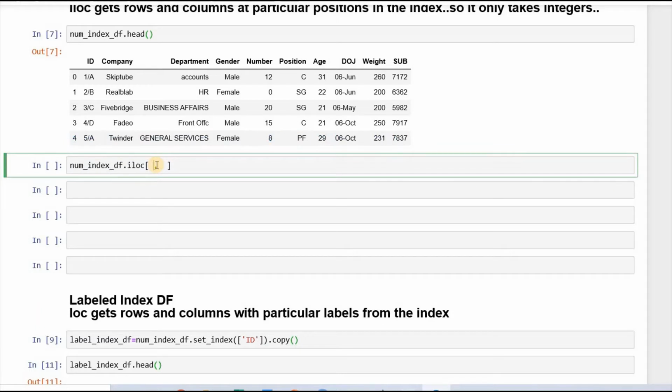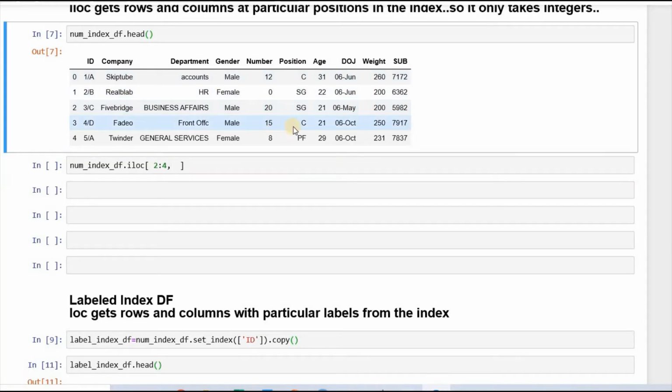Suppose I want to take second to fourth row, so I would write 2 to 4, and I want to take the columns number and position. Basically I want to see this part: 20 SG 15 C, and 8 8 and PF. This is the part of data that I want to subset out. For that I would select 2 to 4 rows and columns 4 and 5, since the columns are numbered 0 1 2 3 4 5.